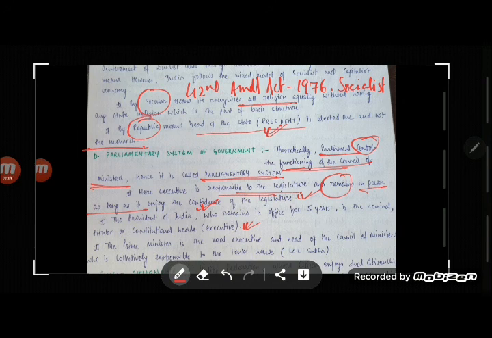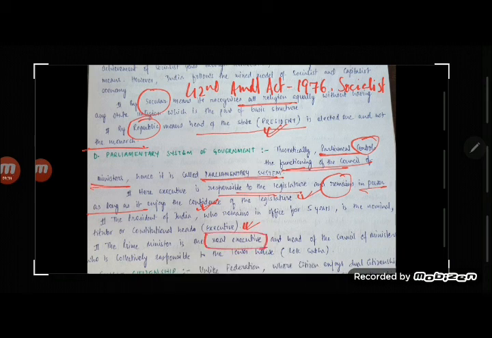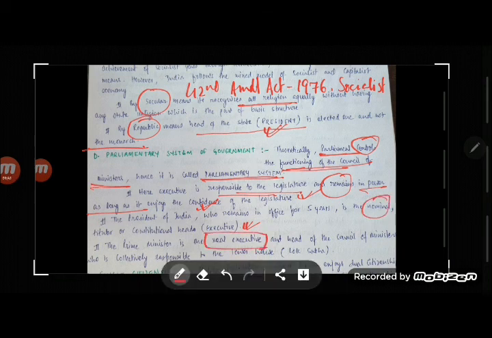And it is a titular head, which used to give assent to any of the amendments. It is the constitutional head of the executive. Now the Prime Minister is the real executive. Who is the real executive? The Prime Minister. The president is only a nominal executive. So basically,